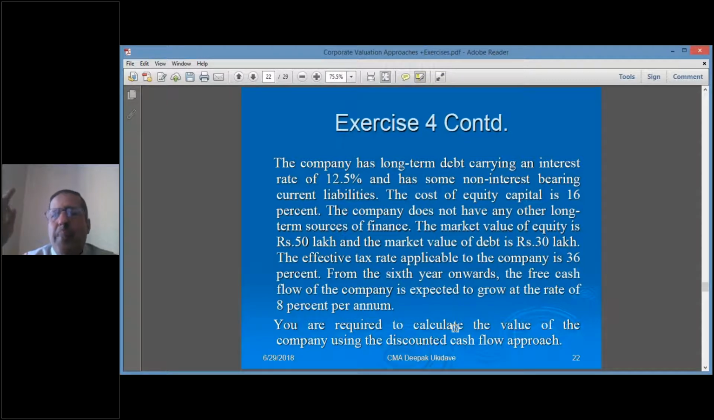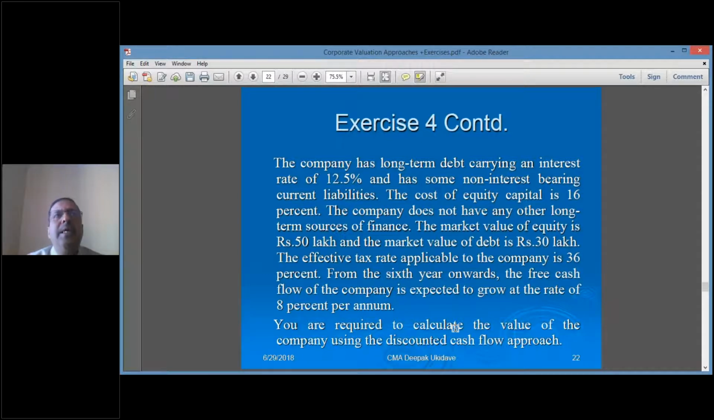So KD is 12.5, KE is 16%, MV of equity, market value 50 lakh, MV of debt 30 lakh, and tax rate is 36%. So you have to make use of all this data and find out what is weighted average cost of capital, WACC, and growth rate is given as 8%. What is the question? You are required to calculate the value of the company using discounted cash flow approach. Discounted cash flow approach is DCF approach. You have to make use of these data to find out value of the firm, value of the company using